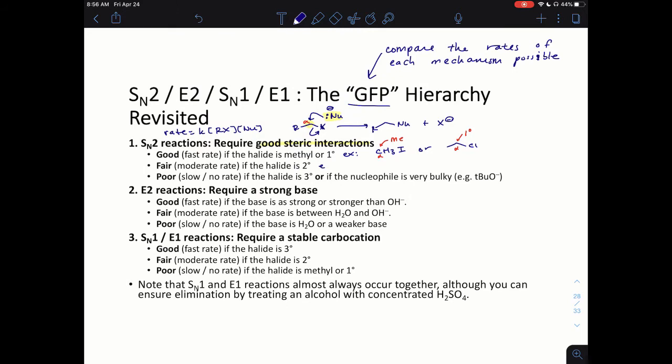Now you'd have moderate or fair rates of SN2 if you had 2-bromopropane, where the alpha carbon is secondary. When you have a secondary alpha carbon, it's going to have a slower rate, but it'll be okay. Well, it's fair. And then finally, you're going to have slow or no rates of SN2 when you have a tertiary alkyl halide, such as this one,